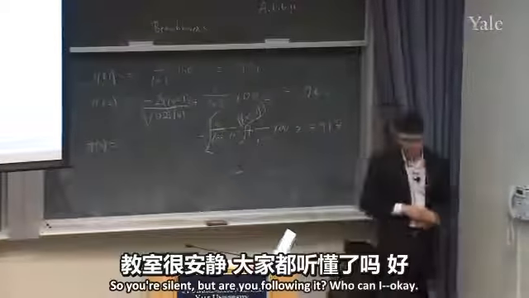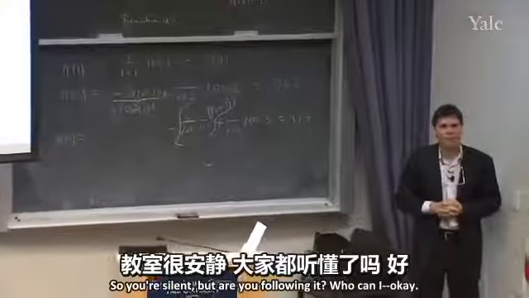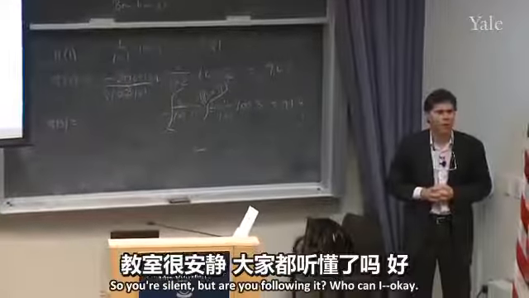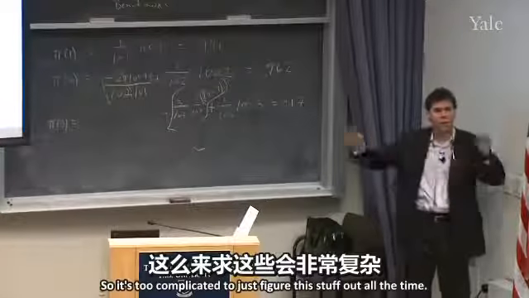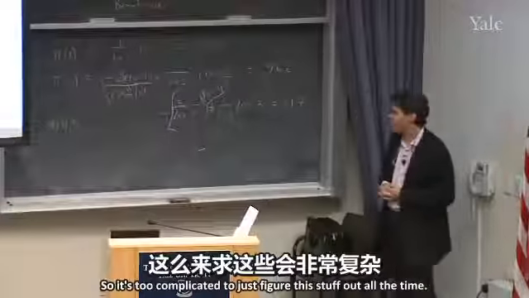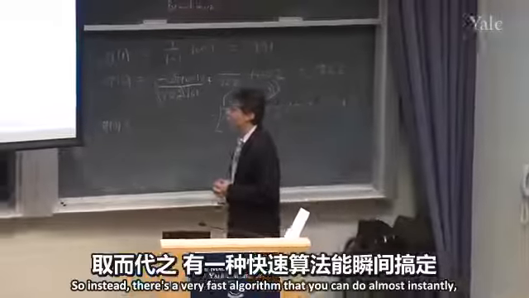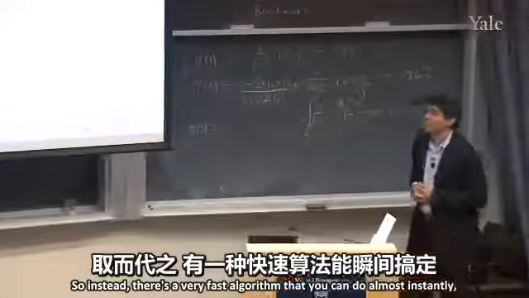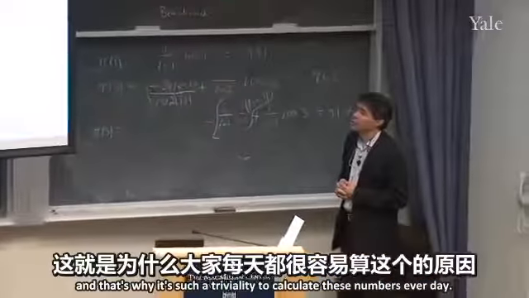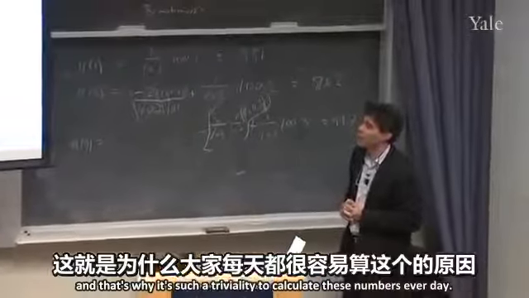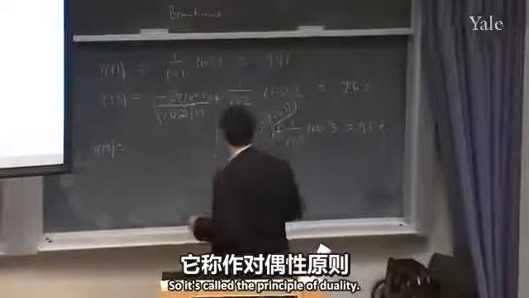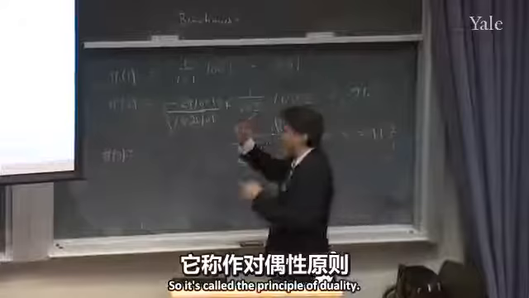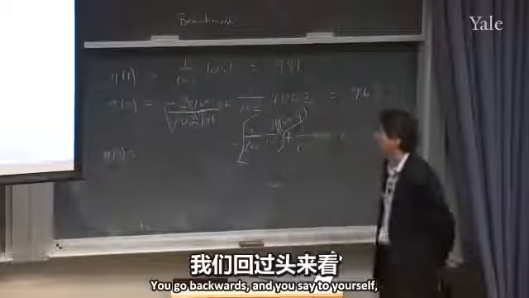So you're silent, but are you following it? Okay. So it's too complicated to just figure this stuff out all the time. So instead, there's a very fast algorithm that you can do almost instantly, and that's why it's such a triviality to calculate these numbers every day. It's called the principle of duality. You go backwards, and you say to yourself,